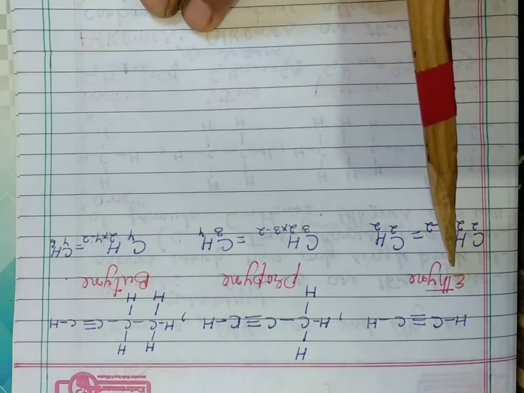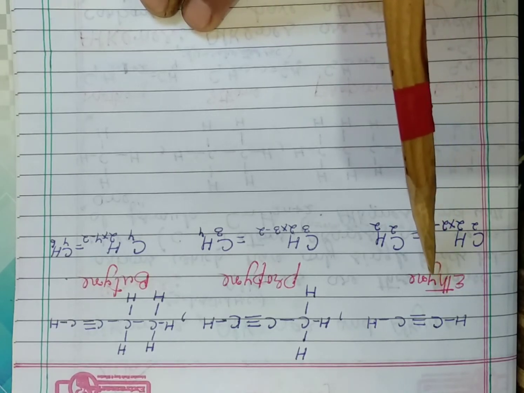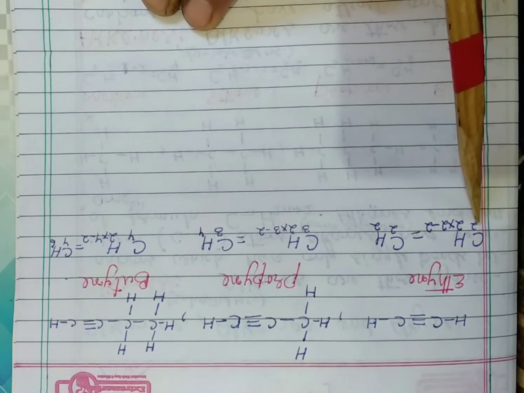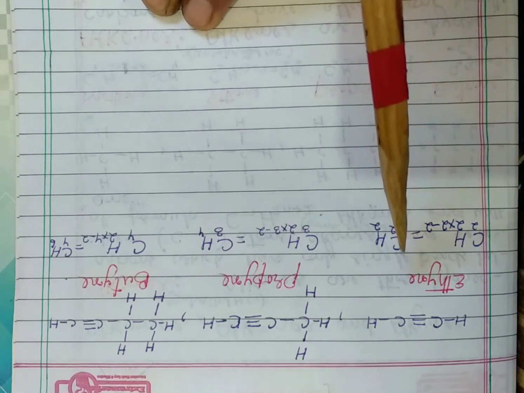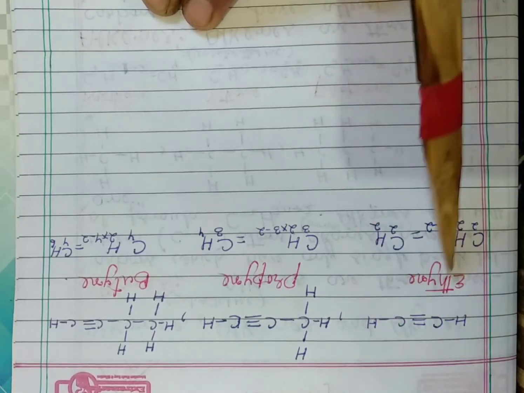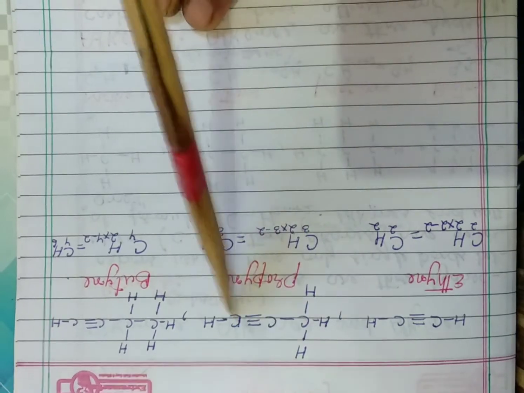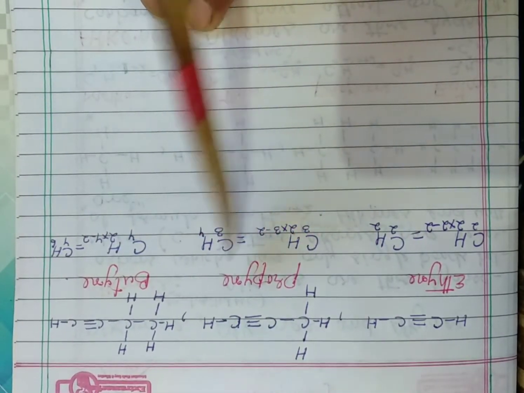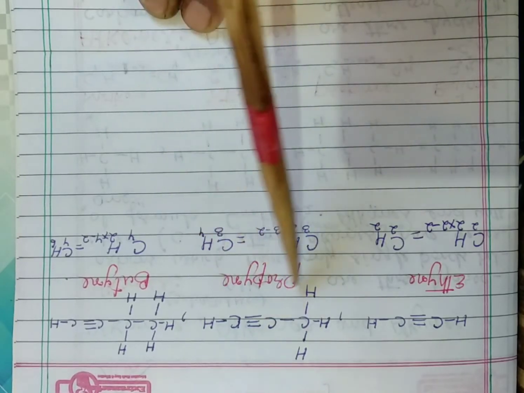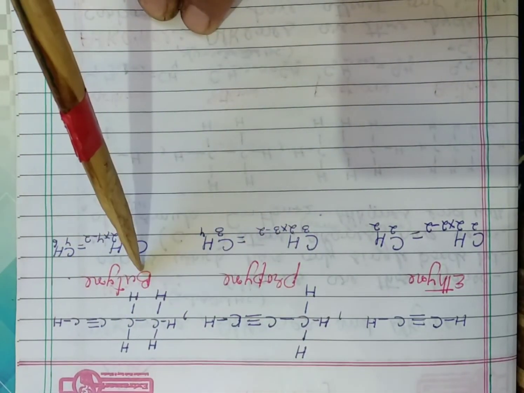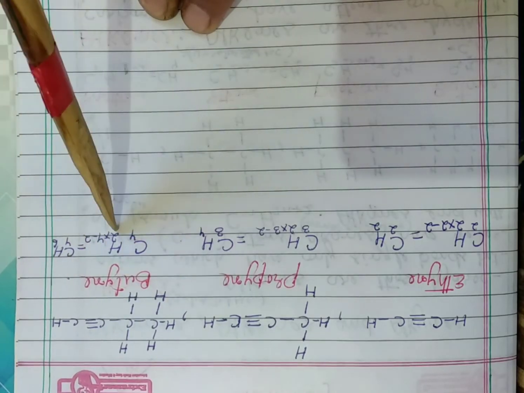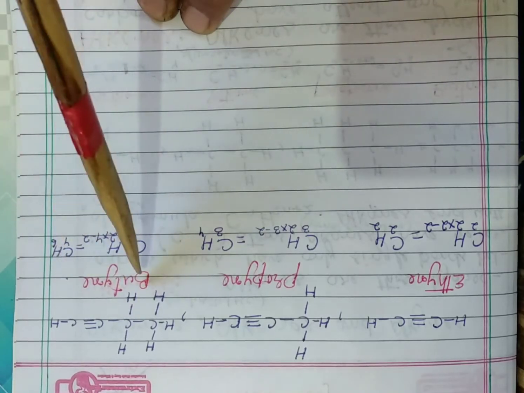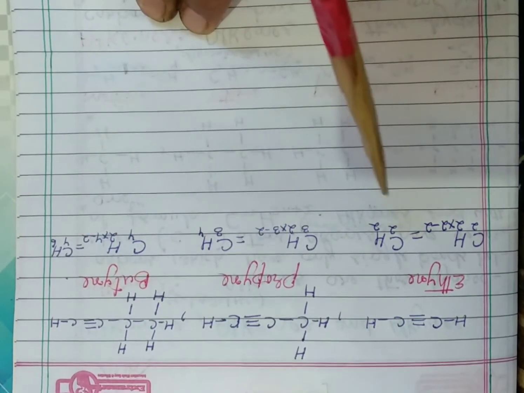The first member of the alkyne family is ethyne. Here you can see the formula: n is equal to 2, so C2H2 into 2 minus 2 becomes C2H2, that's ethyne. Similarly propyne, here n is equal to 3, so C3H2 into 3 minus 2 becomes C3H4, that's propyne. Similarly in butyne, C4H2 into 4 minus 2 becomes C4H6, that's butyne. So one thing you can see here,